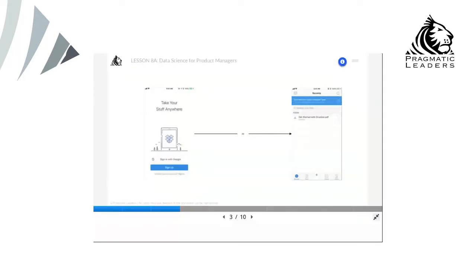So this is an example that the PL team has come up with, the Dropbox example. It's one application of understanding data, which can help you generate more business. They had one sign up flow where you sign up and then there's nothing there. And the second sign up flow was that you sign up and then you see this document that you're